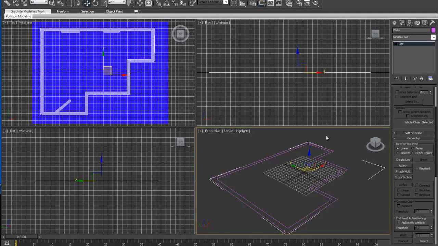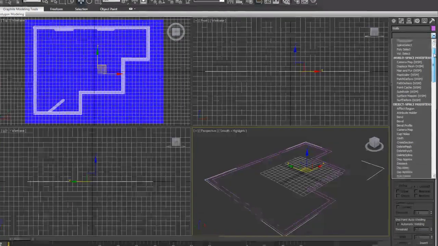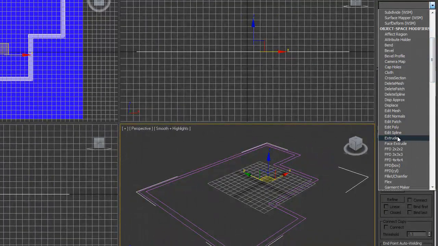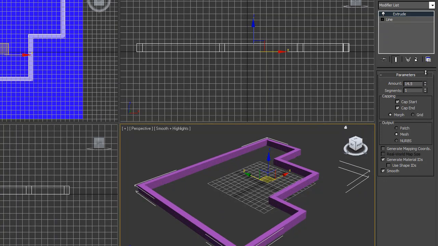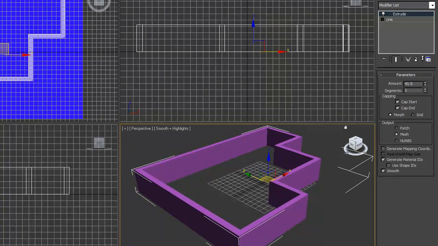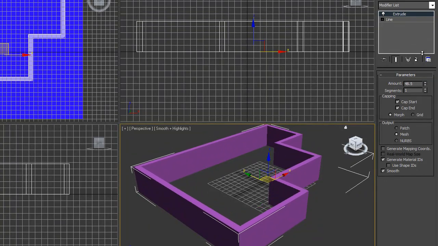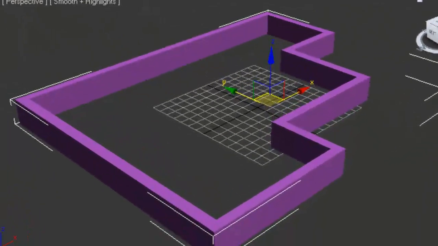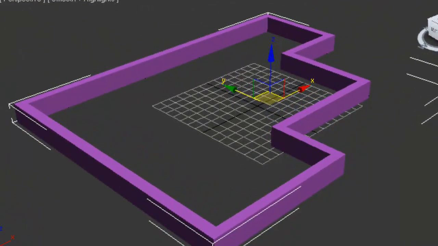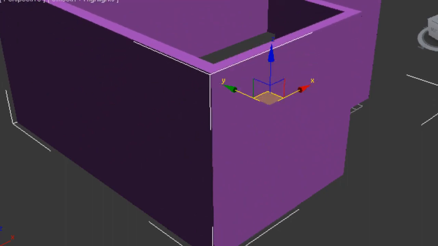Our next step is to give this wall some thickness. If I hit Modify and come down my list, I have Extrude. By default, Extrude doesn't move anywhere until I actually raise the amount. Now what you'll notice here is that as I raise the amount, our room seems to appear different sizes. If I was to leave this right here, our room would look very large down inside there because of the distance. But as I increase this up,